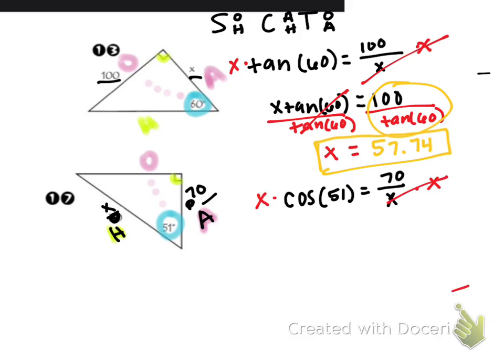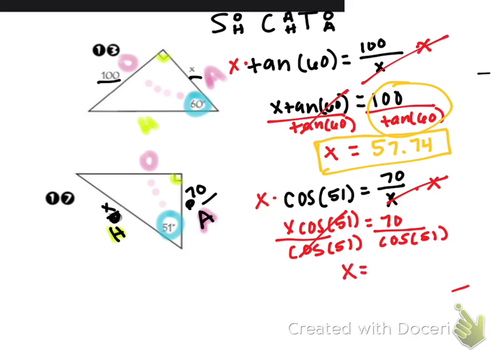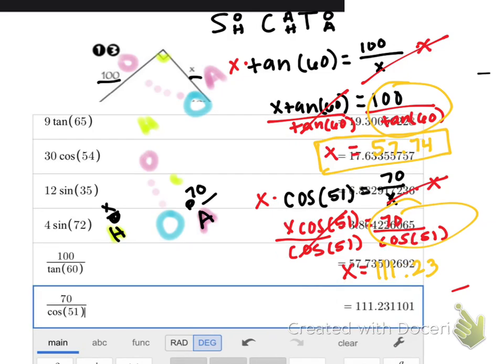Multiply by X on both sides. So 70 equals X cosine of 51. I want to get X by itself, so let's get rid of this multiplication by dividing. And that 70 divided by cosine of 51 should be what you put in your calculator. And that's going to be 111.23. And again, I'll show you what that should have looked like in your calculator right here. There you go. It should have looked like this. 70 divided by cosine of 51,